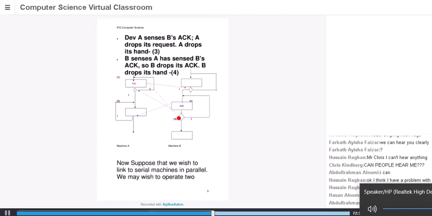And if request equals 1, I'm just going to loop around, just wait in this state. I'm going to continue sending the acknowledge signal again and again until this machine has left this state. In other words, I leave this state, request becomes